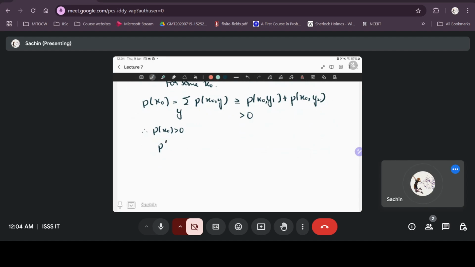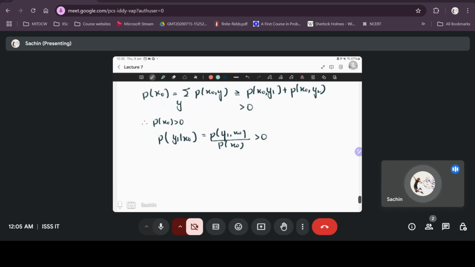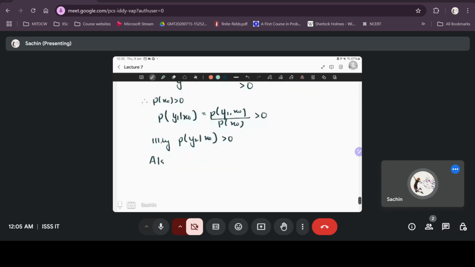Then p of y1 given x0, which is equal to p of y1 comma x0 by p of x0, is greater than 0, because p of x0 comma y1 is non-zero and p of x0 is also non-zero. Similarly, p of y2 given x0 is greater than 0. Also, p of y1 given x0 is less than 1